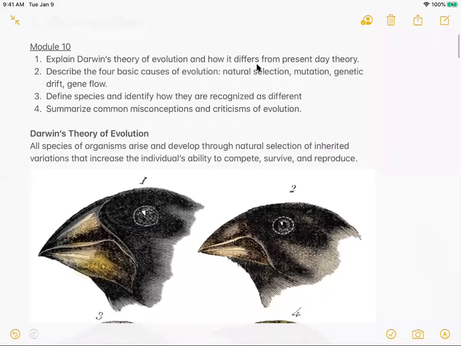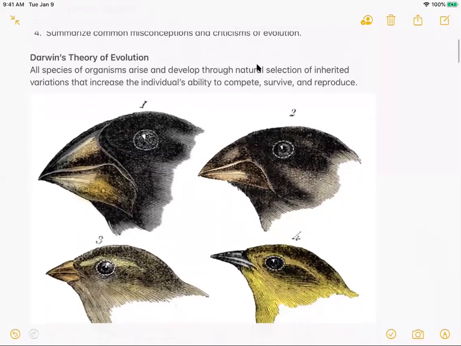Okay, so module 10 is talking about Darwin's theory of evolution and how it differs from present day theory. We're talking about the 4 basic causes of evolution, the definition of species, how to identify them, how they are different from one another, and also looking into common misconceptions that people have about evolution in general. So going into Darwin's theory of evolution,